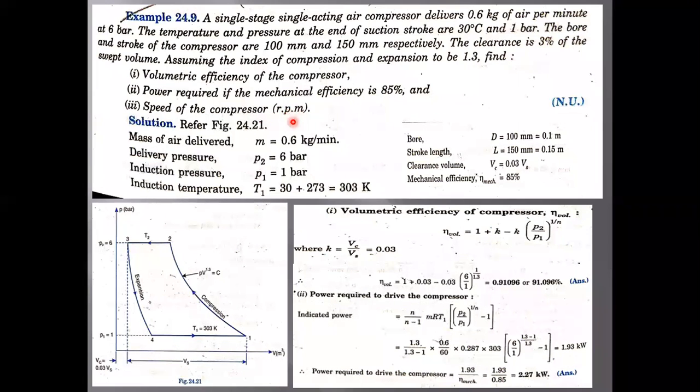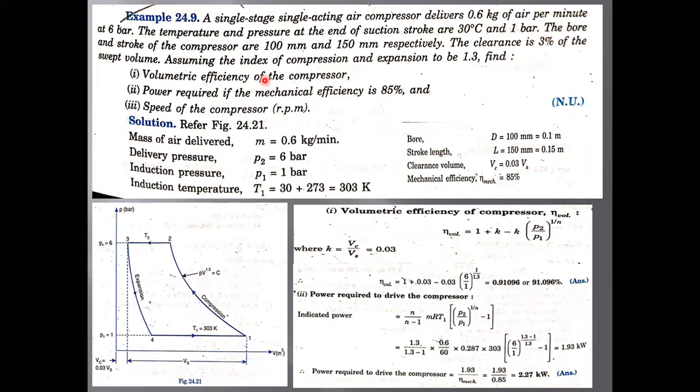If he has mentioned several units to calculate, then definitely the answer we get should be in the same units which he has asked. Then only the evaluator may give the marks. So we should see that the speed of the compressor should be in RPM. Whatever calculations we have done, after doing calculations, if it is in RPM, okay. If not in RPM, we should convert that value to RPM. So that's the given data here.